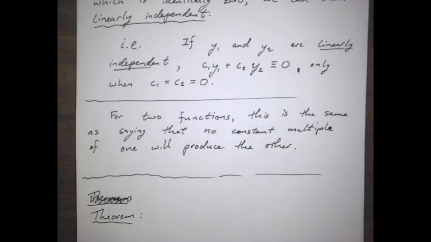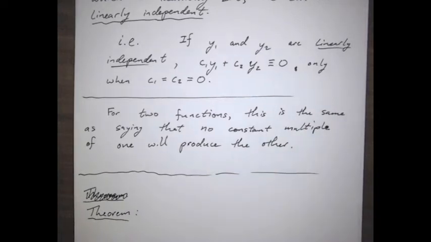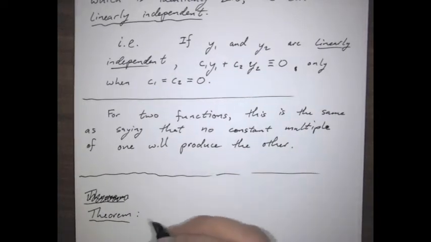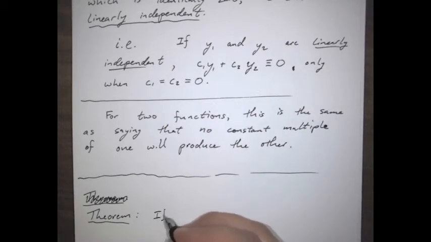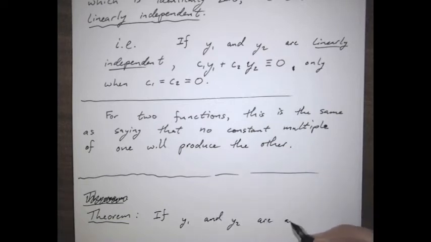And that's that the subspace in question has in fact dimension 2. And what that means is if y1 and y2 are any two linearly independent solutions